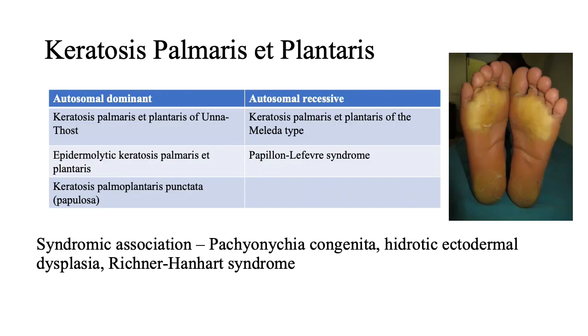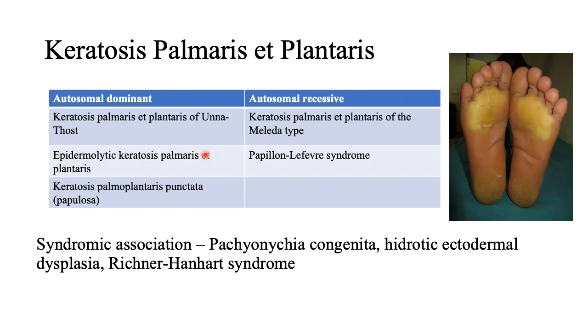The next congenital skin condition we are going to discuss is keratosis palmaris et plantaris. Three autosomal dominant and two autosomal recessive variants of these conditions, tabulated here, are known to exist. As the name indicates, the skin of the palm and sole gets cornified. This is also associated with many syndromes like pachyonychia congenita and hidrotic ectodermal dysplasia. The microscopic findings are non-specific, but in epidermolytic keratosis palmaris et plantaris variant,